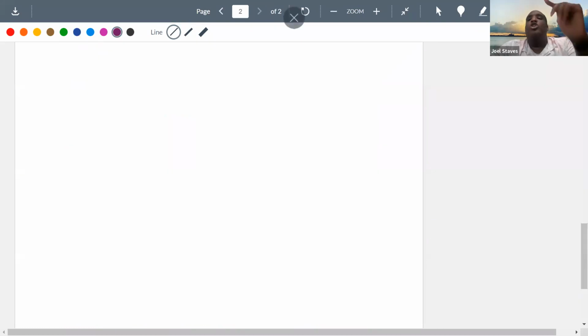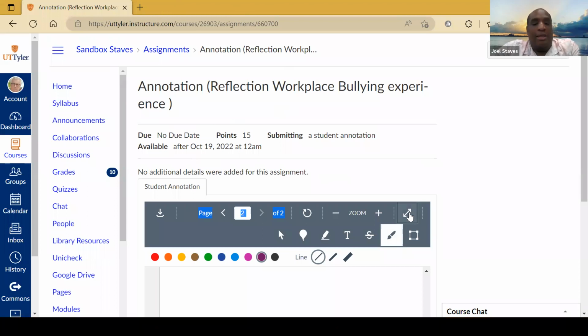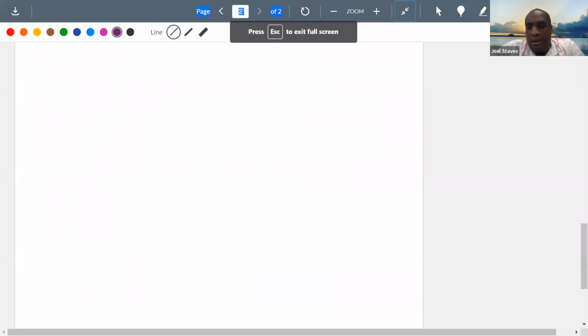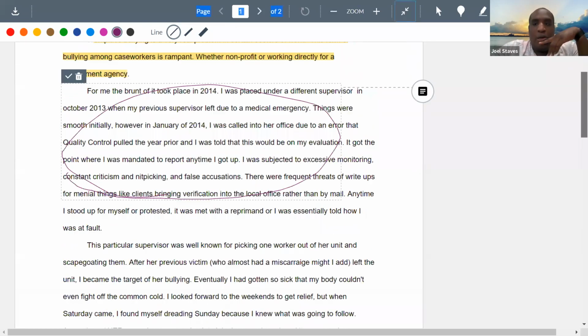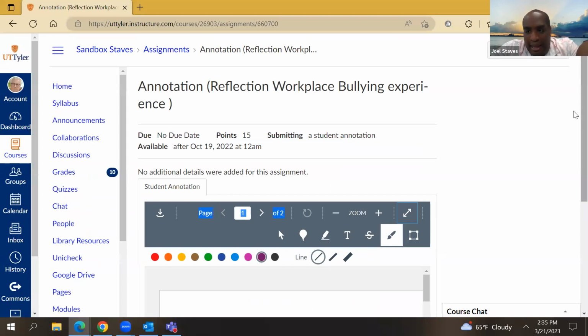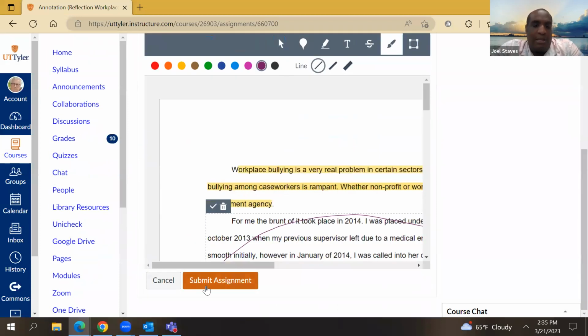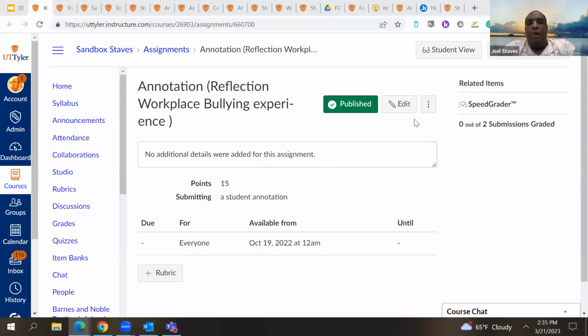So you would create the assignment, and then you would choose the submit online option, and then student annotation, and that's what this is. Once you've got the annotations, you would submit that. So once I've got that, I can submit that assignment. And if you want to see how that's set up, here it is. So if I go into edit,